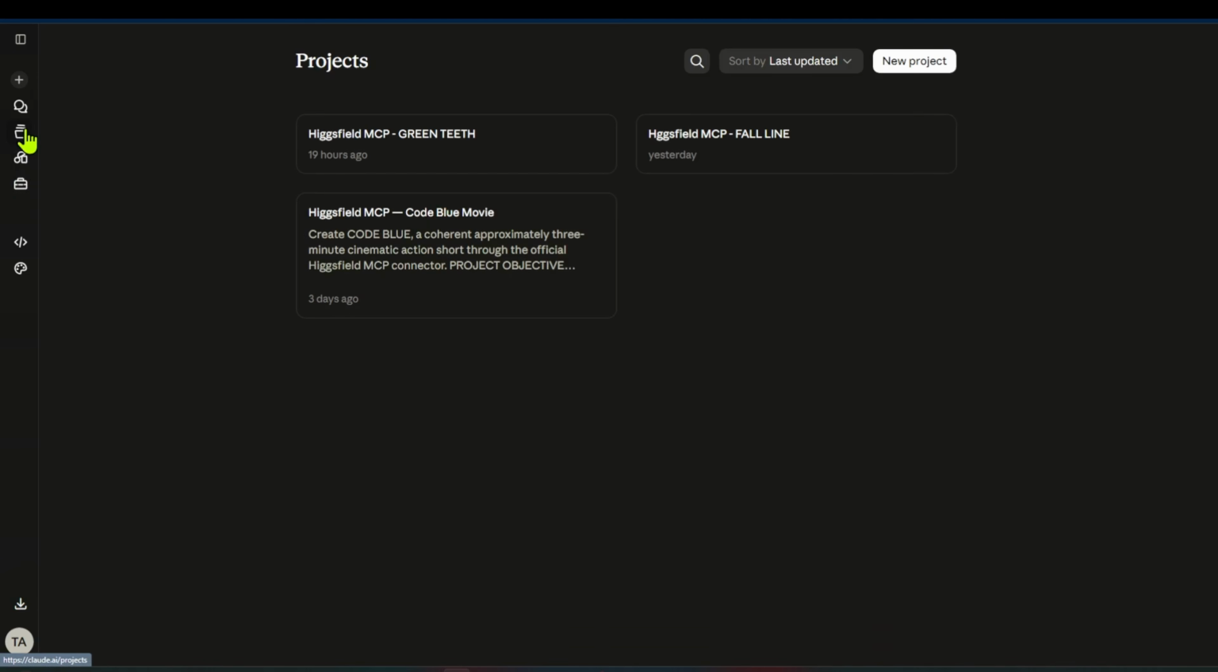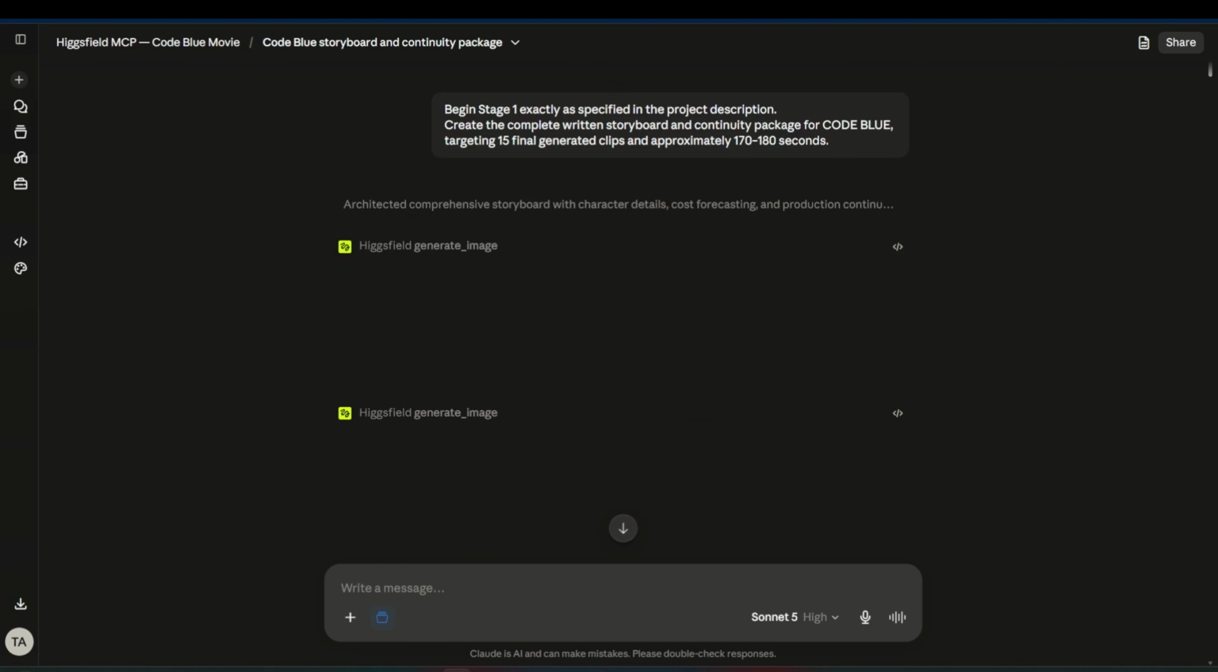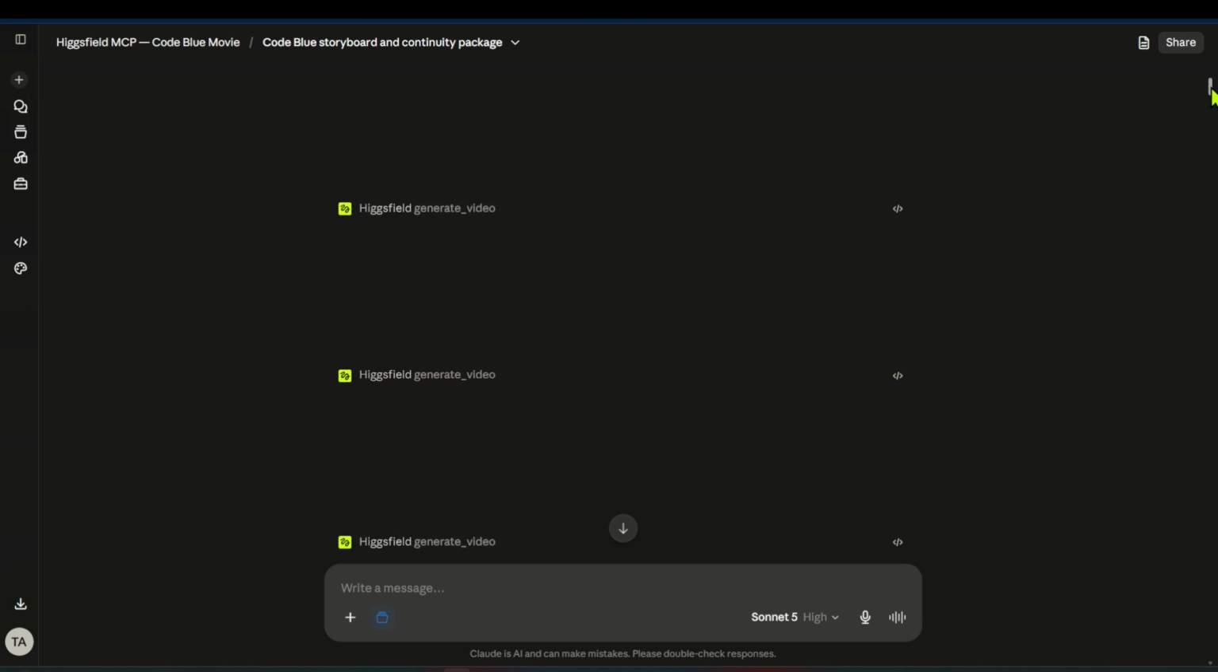After connecting Higgsfield, I created 3 separate video projects inside Claude: Code Blue, Green Teeth, and Fall Line. Now let's move into the main production, Code Blue. This is the most complete demonstration of the workflow because the final movie is almost 3 minutes long. It was built from 15 separate video clips, with the agent managing the production from the initial planning stage through